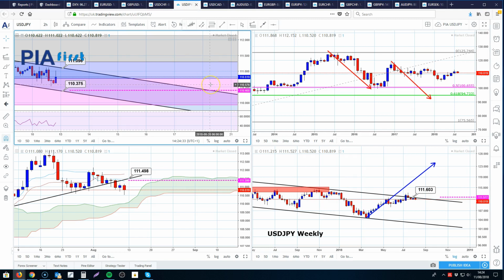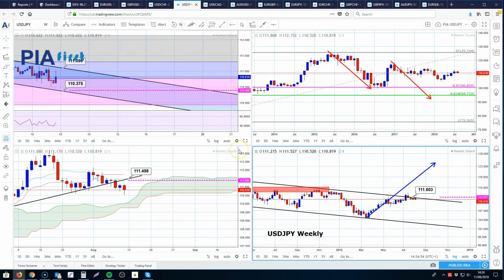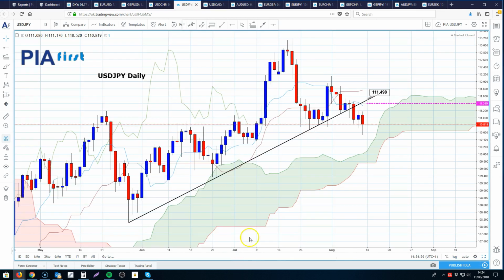And to be honest, it's a similar story for dollar yen. If we go to the weekly time frame, we can see again that we've had sort of 3-4 weeks of little net movement. We did break this channel formation to the upside, but we've come back inside, so it's looking like a false breakout. The eventual bias is still to the upside, but the daily chart,